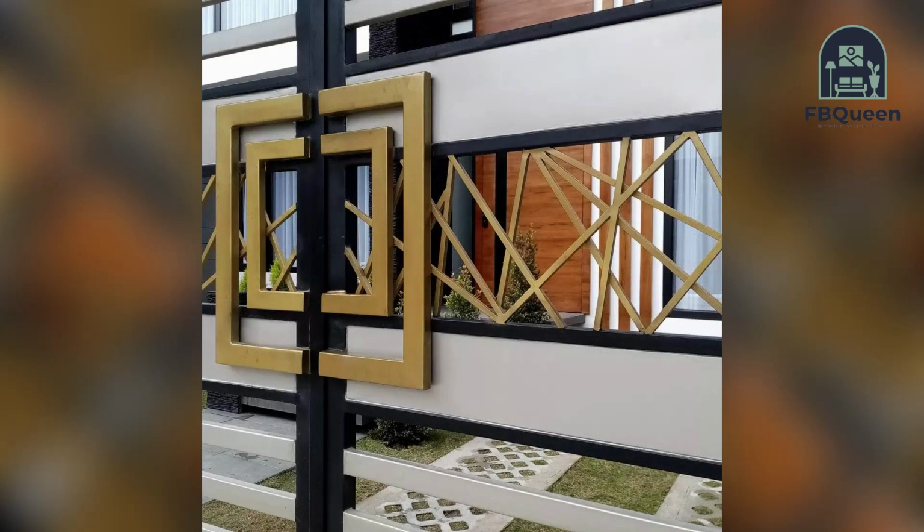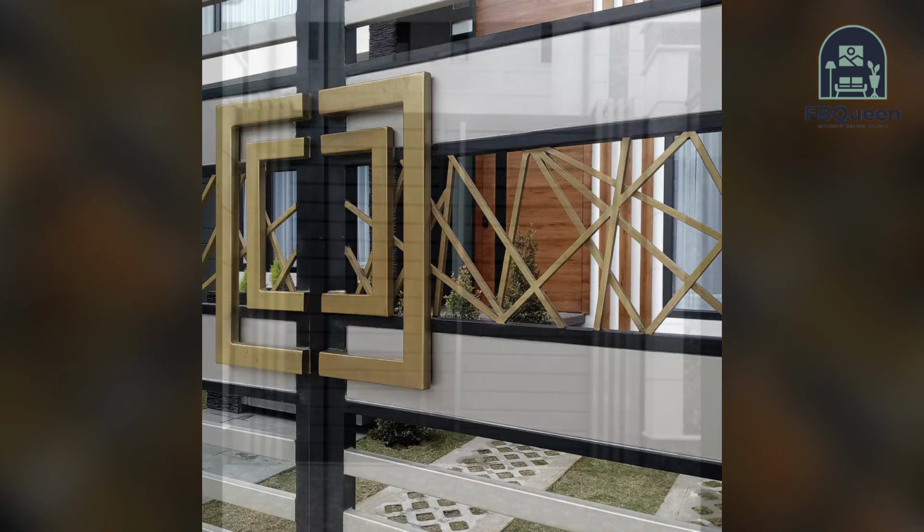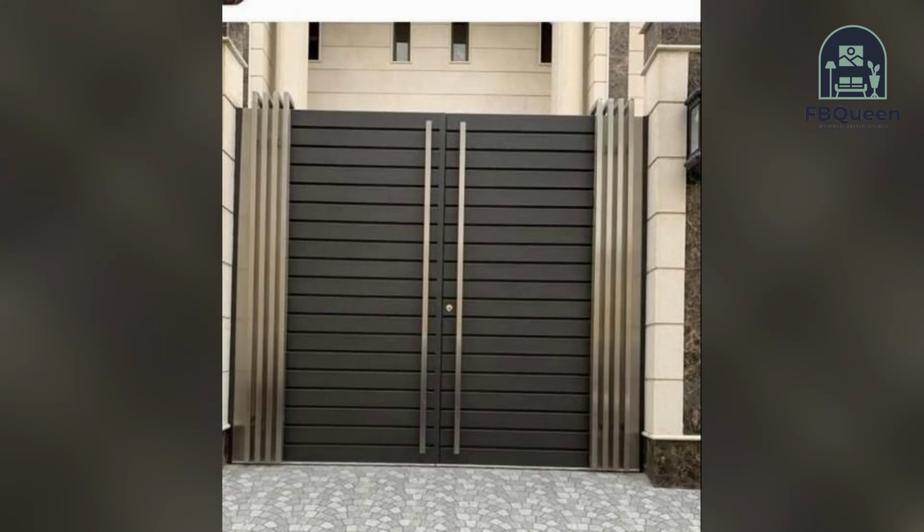Privacy. You need not compromise on the private time with your family if you have an external gate installed. Keeping